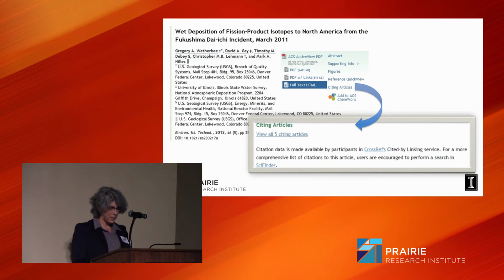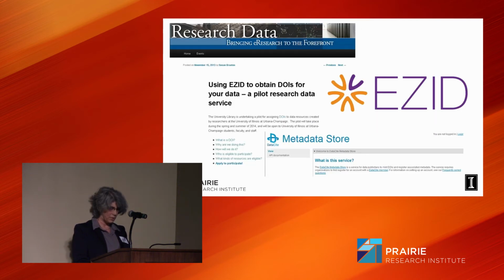The University Libraries e-Research Task Force recommended that the Campus Research Data Service include DOIs for data as a service. So the University Library has subscribed to EZID, which is a service that mints DOIs in the DataCite registry. So now it's possible to get DOIs for our data resources. The DataCite metadata schema has 18 properties, 5 of them are required.